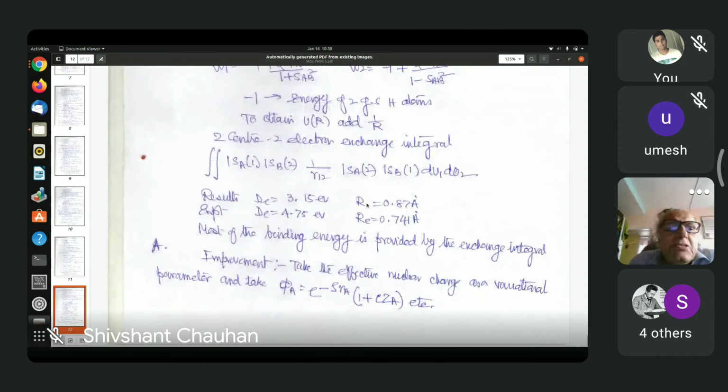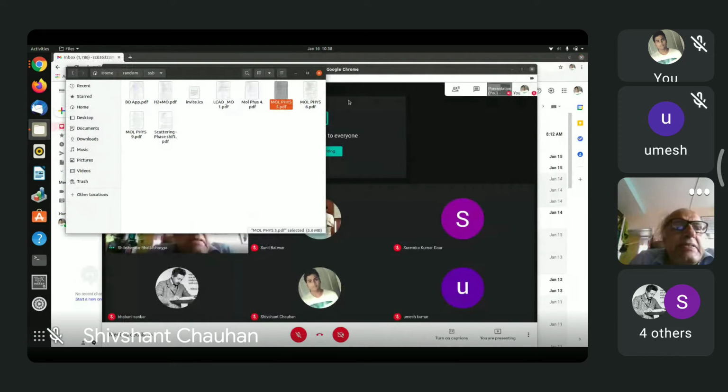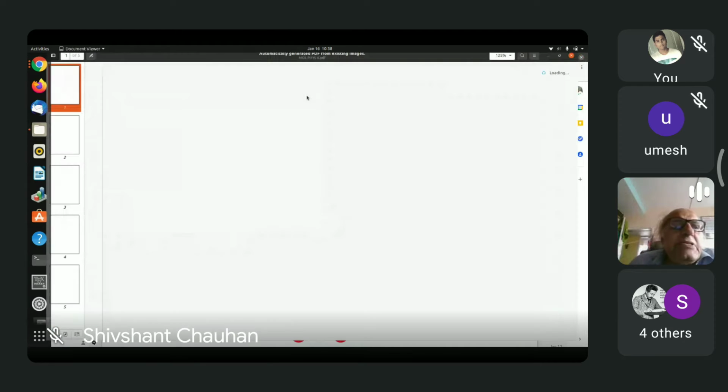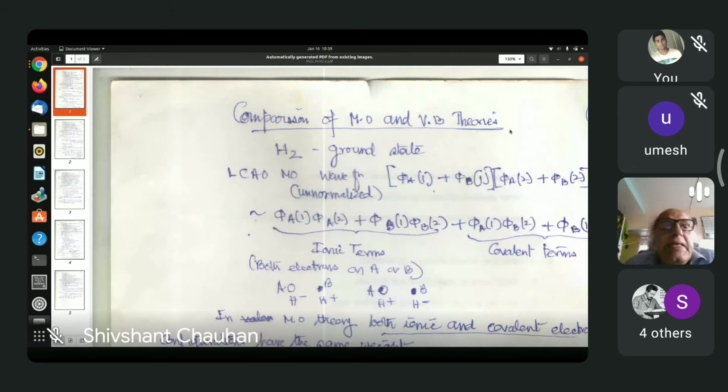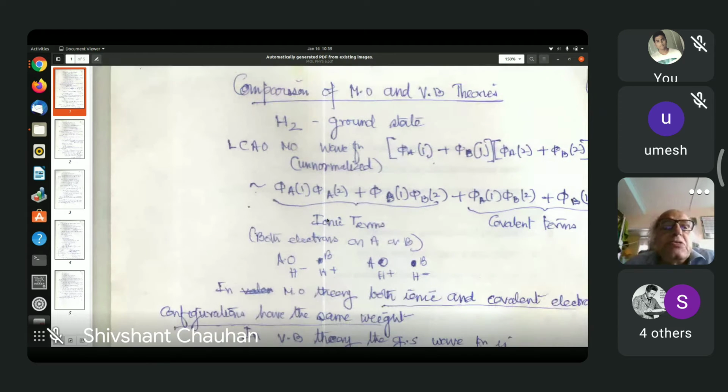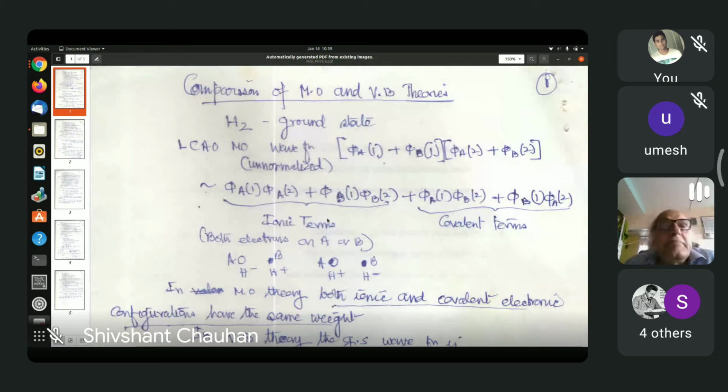set of notes? No, this is all right. You can see what energies you get, and you see the valence bond method is slightly more inaccurate than the molecular orbital theory. Why? You see, let us take the molecular orbital theory wave function now for 2 electrons. The first electronic wave function, we have seen that the lowest molecular orbital can accommodate 2 electrons. So, and what is the, just a minute.